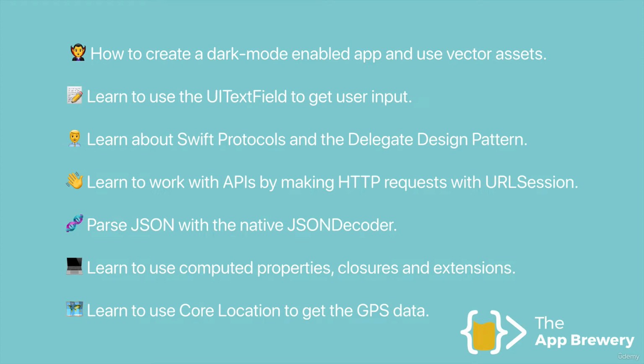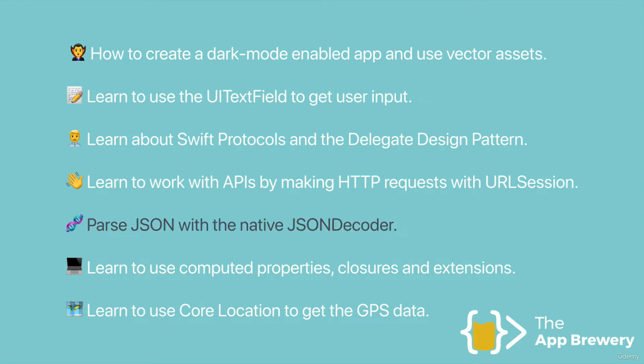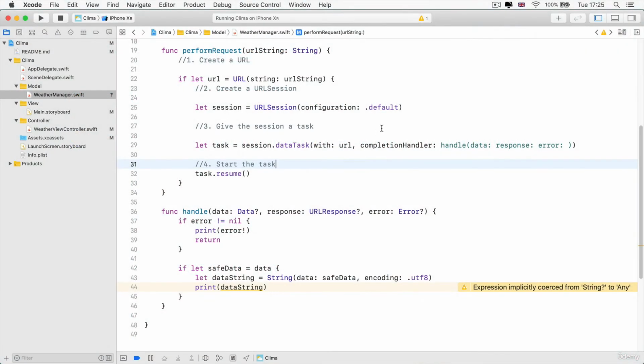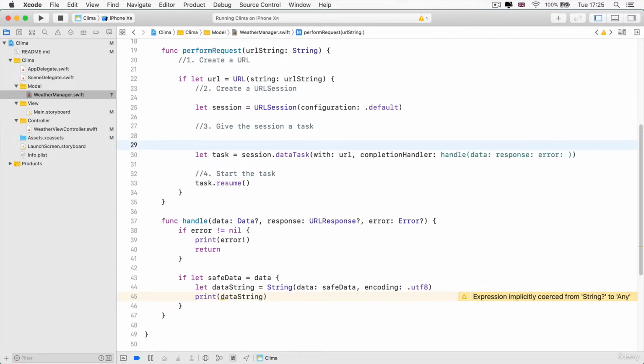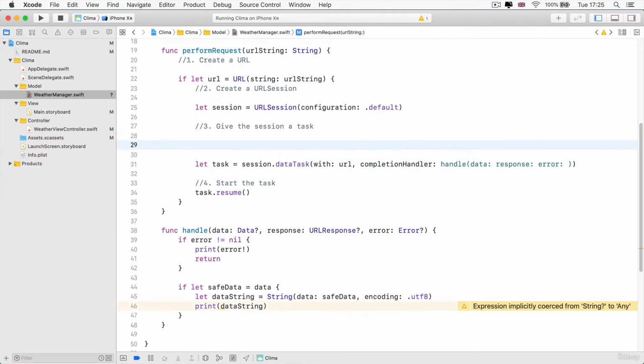In this lesson, we're going to be learning how to parse the response that we're getting back from Open Weather Maps servers. So now that you've seen how closures work, let's convert our completion handler here to an actual Swift closure. Instead of creating session.dataTask with URL and passing in the completion handler as an actual method, I'm going to